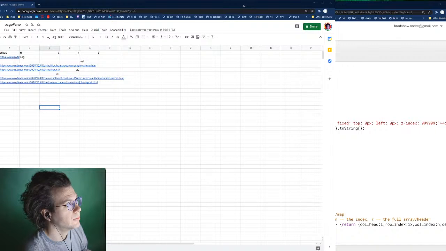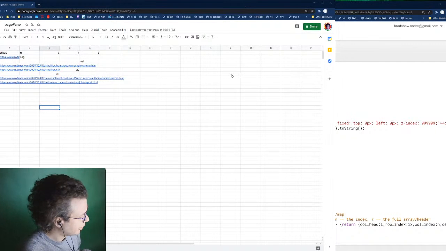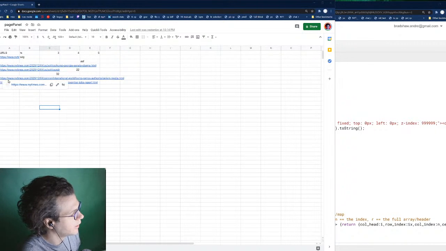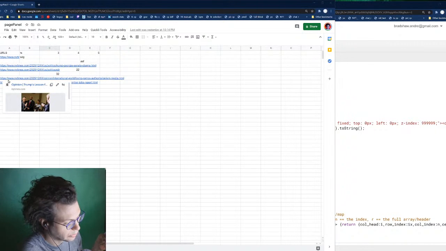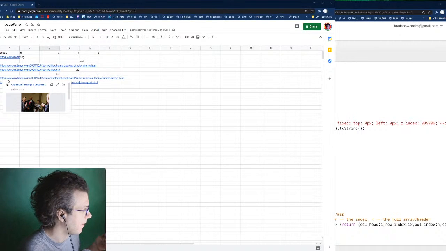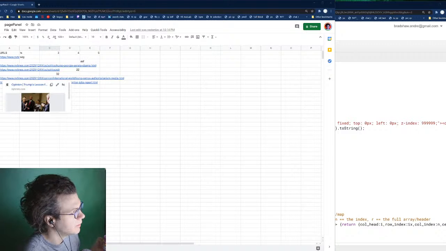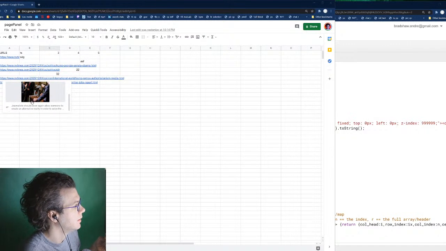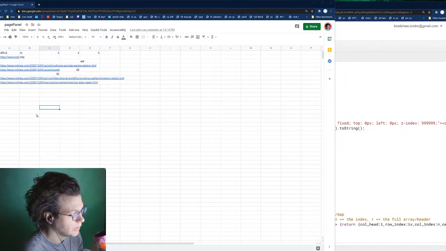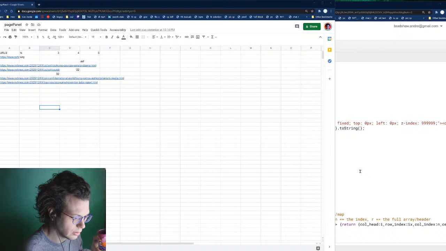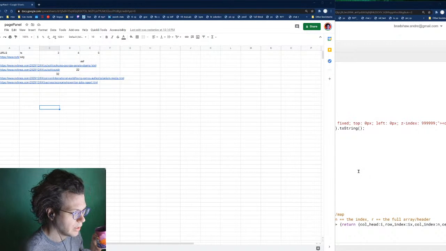Okay, so someone reached out to me yesterday and asked, hey, would it be possible to open links within Google Apps itself, or within Google Sheets itself? And Google recently kind of implemented this, which is nice, right? But I do understand that it would be nice to just be able to page through your links and your spreadsheets. So I started putting a little bit of something together last night,